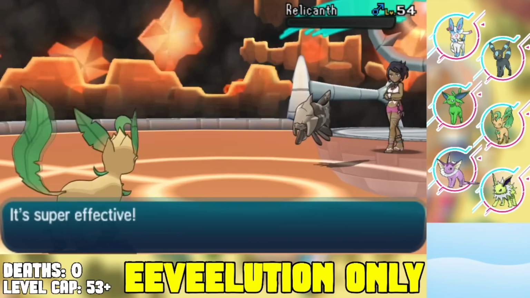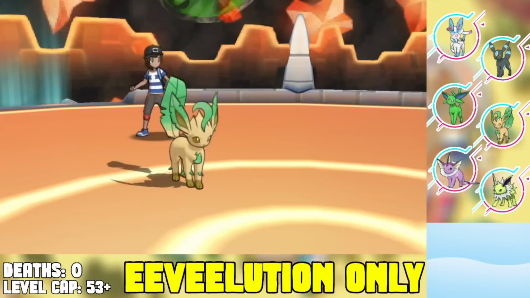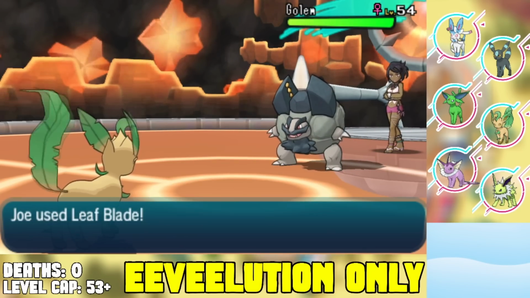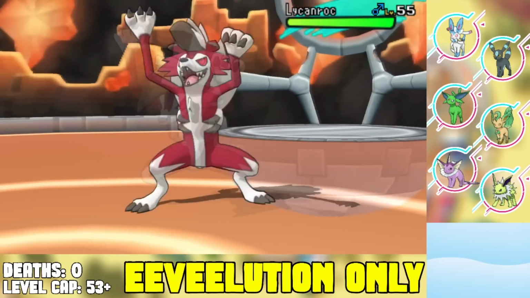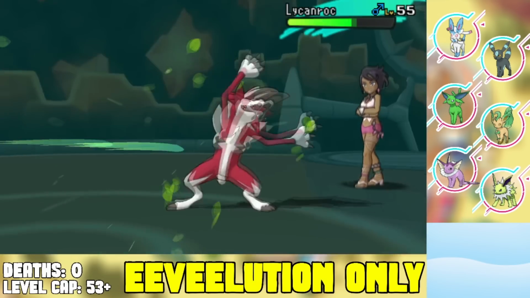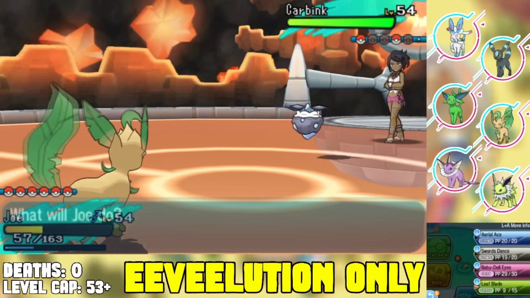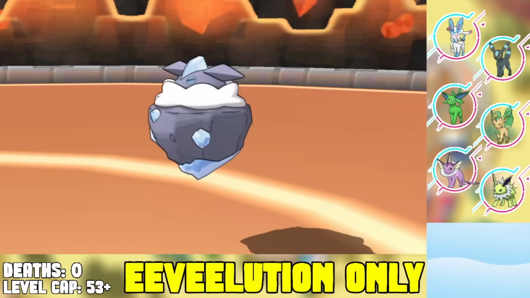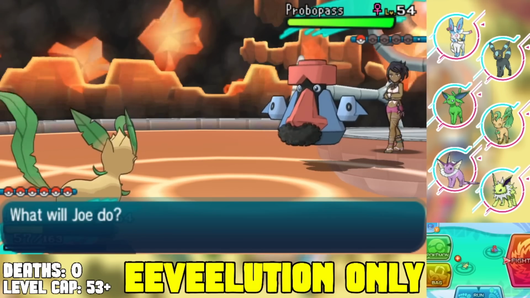From there, you can switch out into her Golem, which I go for a Leaf Blade, take a Steamroller, but I survived pretty well as I'm able to 2-shot the Golem. And then from there she can switch out into her Lightning Rod, and I'm pretty sure I outspeed this thing, and I do. So I outspeed it, Leaf Blade to knock out the Lightning Rod, and from there she can switch out to her Carbink, which I one-shot as well,